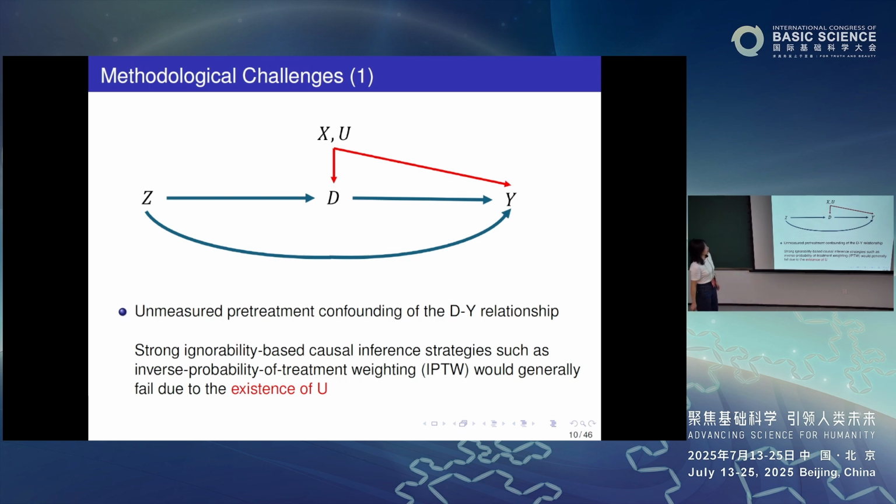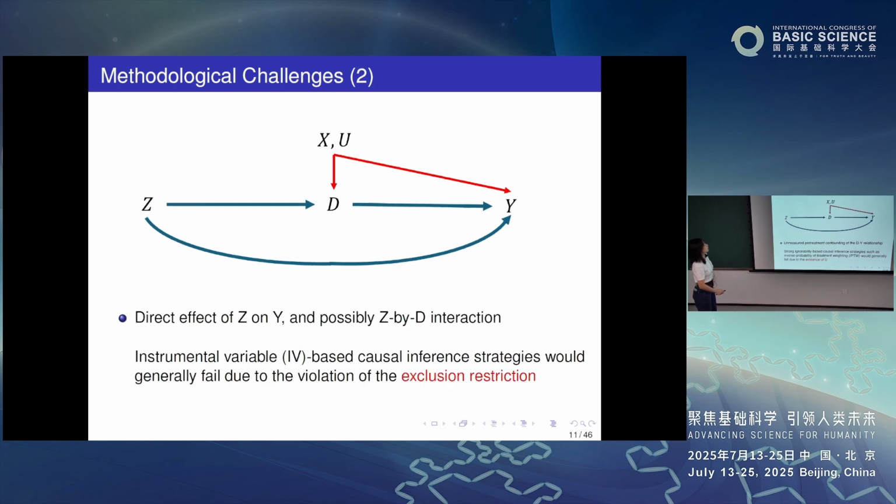How to address the unmeasured confounder U? As we said, we often use an instrumental variable. So does the standard instrumental variable strategy work? Well, it doesn't. It can address the problem caused by U. But in our study, we are very concerned that Z may have a direct impact on Y that is not through D.